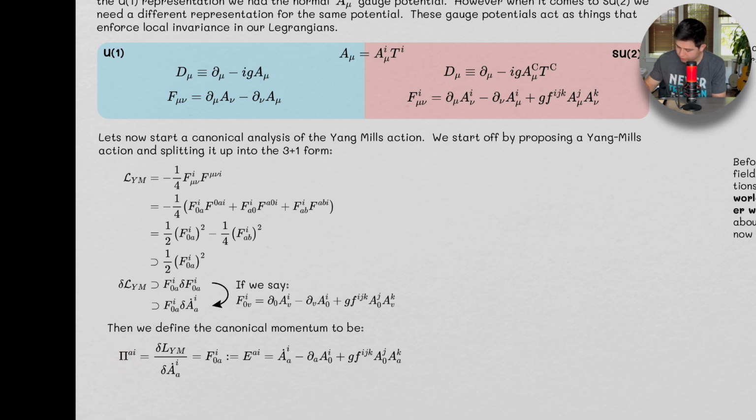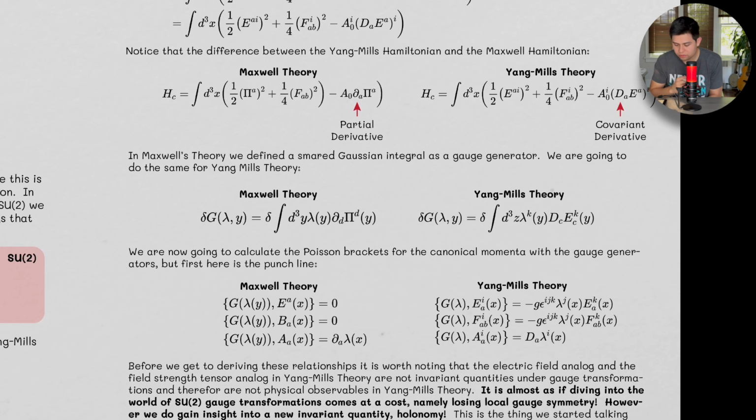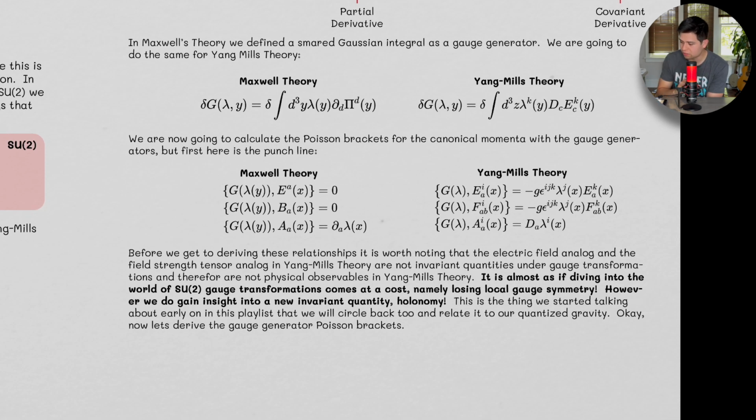Right. So Yang-Mills theory and Maxwell's theory are so far pretty much the same thing. The only thing we're getting out of Yang-Mills theory that we don't get out of Maxwell's theory is that we're dealing with representations of the gauge potential as opposed to the gauge potential itself, and therefore the thing that's costing us is an extra part to a derivative, which is a covariant derivative, not just a partial derivative. And so we are now going to calculate the Poisson brackets for the canonical momenta with the gauge generators. But first, here's the punchline. I want to give you the punchline first because